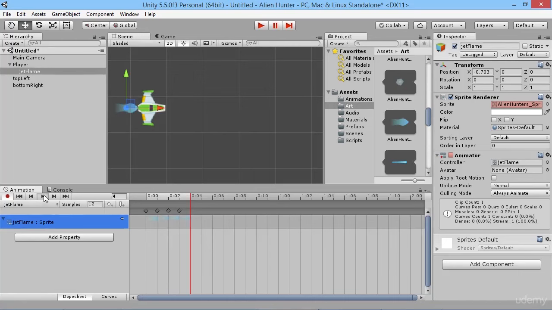Okay, so we have it back on 12 frames. So now we can see, hey, that flame, it looks like it's growing and shrinking in a kind of reasonable way. So let's see that in action in the game. But when we're done animating, it's important to remember, always untick the record button here, because if we were to leave this here and let it